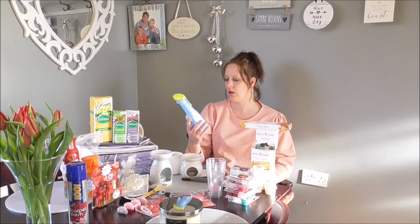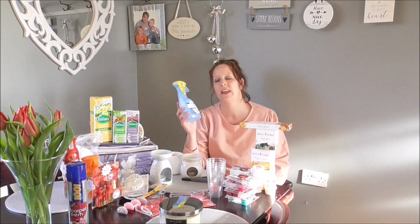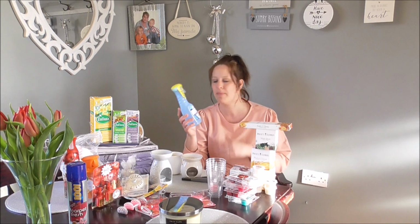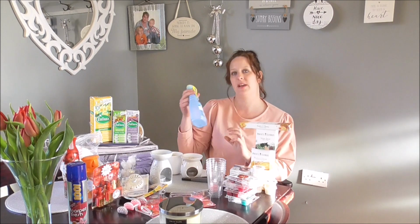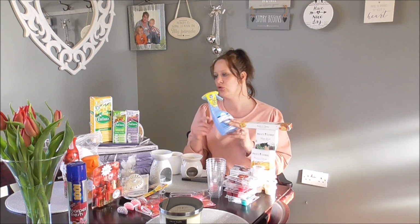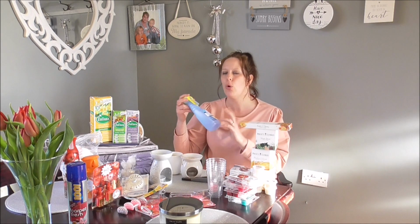You've got all your Febreze type things, you know, fabric and carpet fresheners. So you spray your rugs and any of your furnishings such as curtains, things like that. Apparently, I've not tried them, but they do pet ones, tobacco ones for people that smoke, and they're meant to be really quite good. I don't use this that often, to be fair. I occasionally spray it in my room, on my bedding and my rug. Maybe spray it on my sofas in my lounge. But I don't use it an awful lot, not as much as air fresheners and plugins and Sephoras. And then,